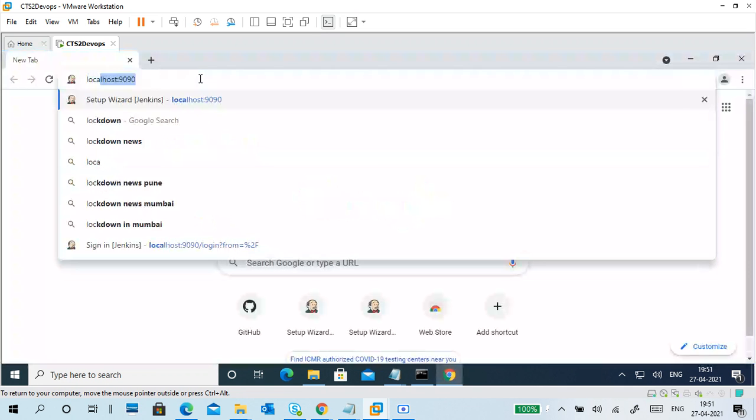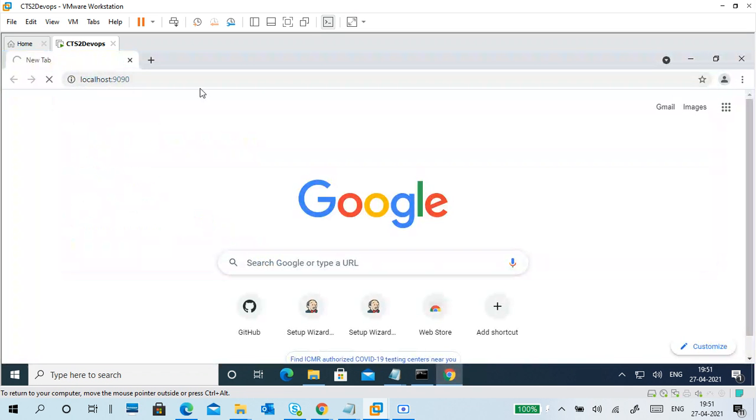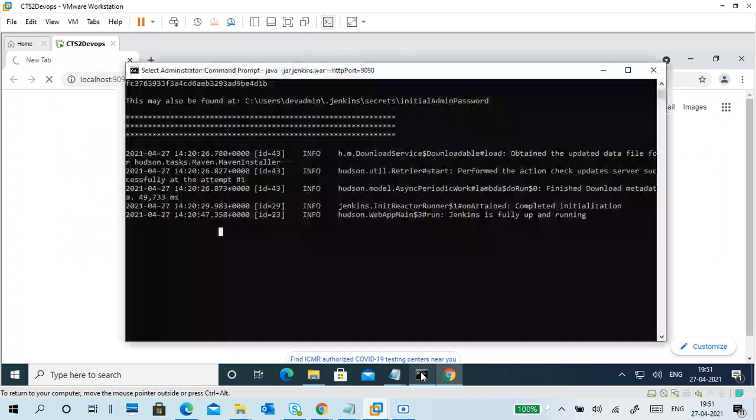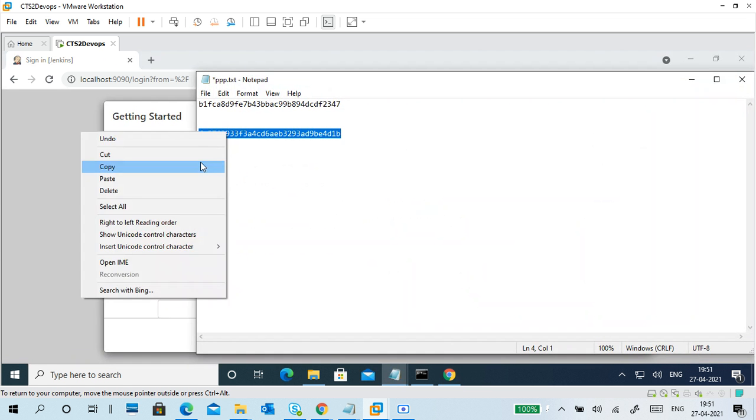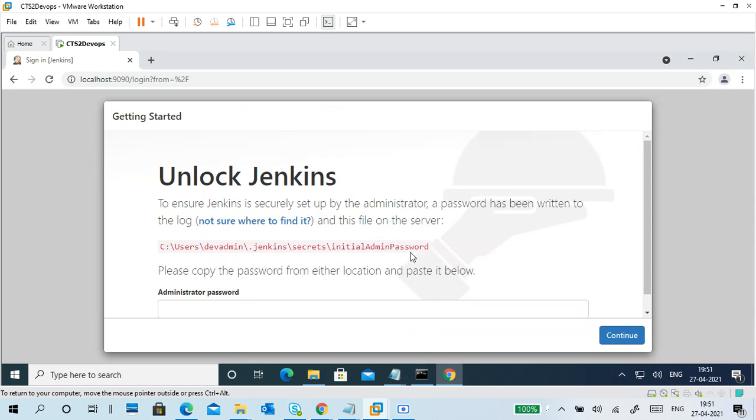Localhost 9090. So this is the password, or you can copy from here. Paste.